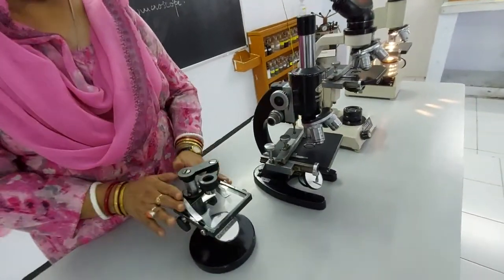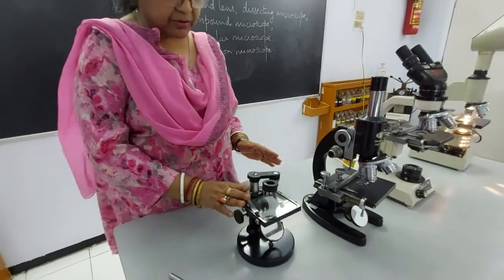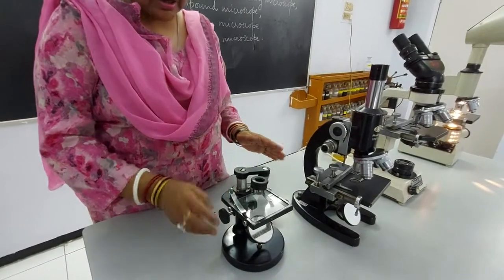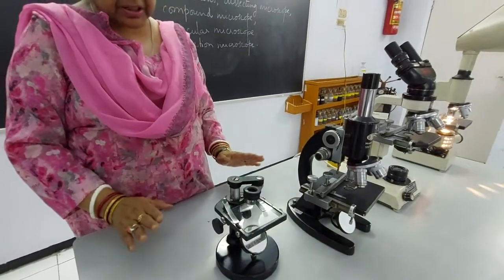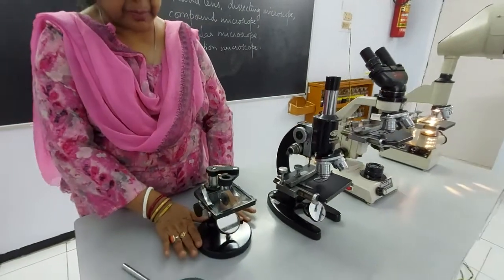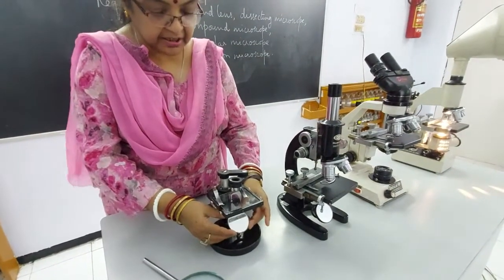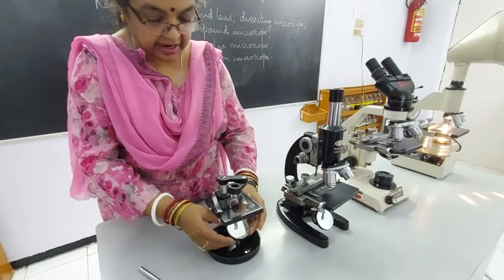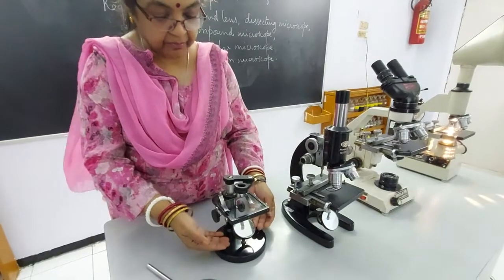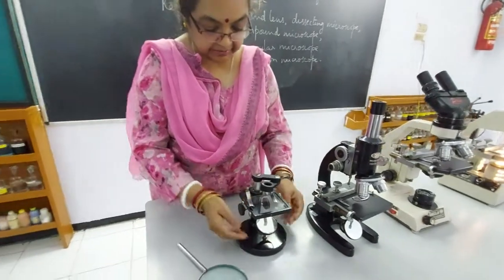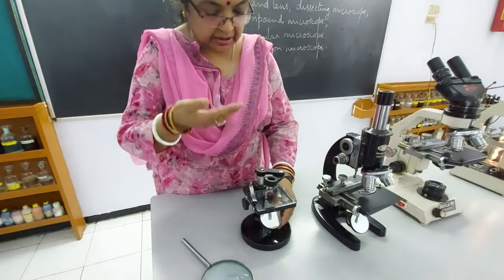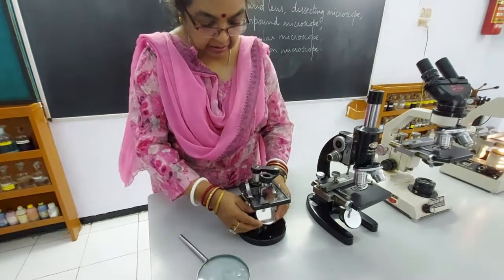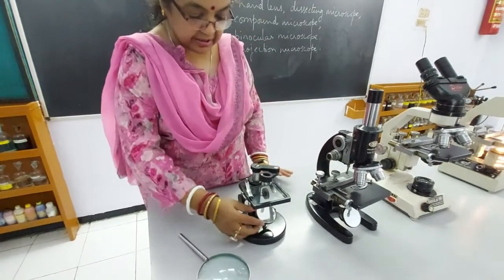The second one is this one. It is called the dissecting microscope. It is used in many instances. We will use it, and it has a very simple structure. This is the base, which is made of metal. Then there is a mirror here by which we can change the direction of light and make the maximum light come to the object. The light always comes in the perpendicular, vertical direction like this. So we can change the position of the mirror. So this is a mirror.